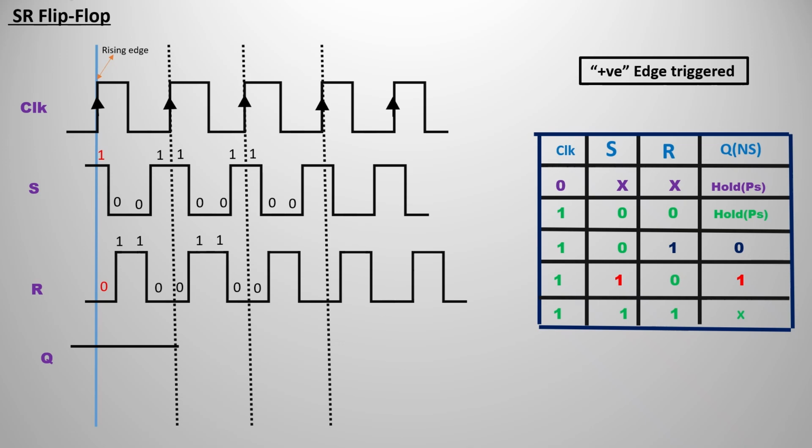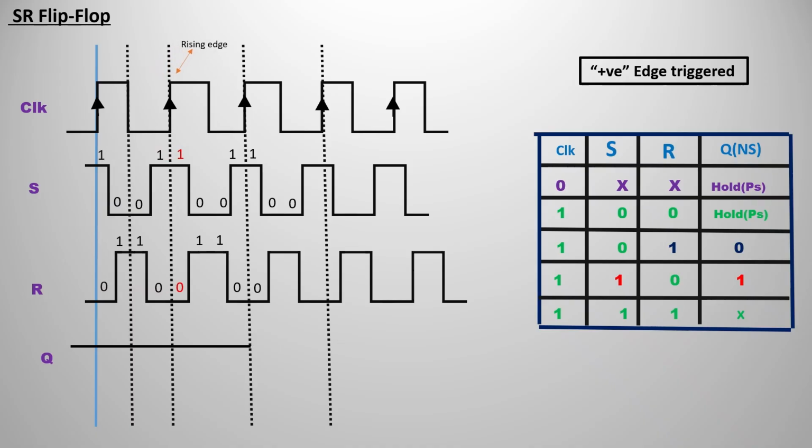We maintain this high up to where the next rising edge appears. You can see the next rising edge appears, and up to there you carry the whole line. You can see clearly that we control the output according to the clock, only on the basis of the rising and falling edge. It is not changing instantly up and down as in the SR latch. One more important thing: I have drawn the dotted lines where the clock transition happens, at the rising edges, because there the transition happens from 0 to 1 and 1 to 0.